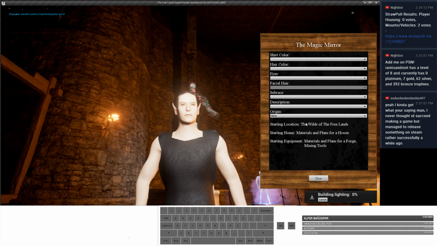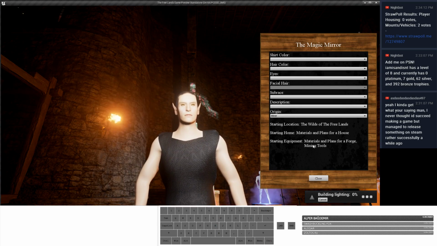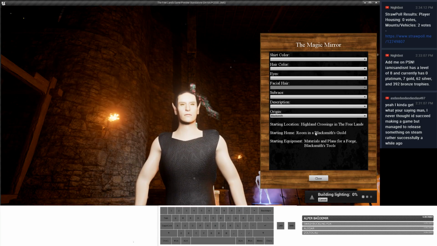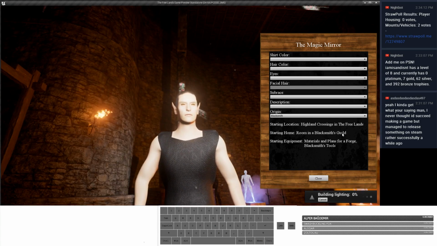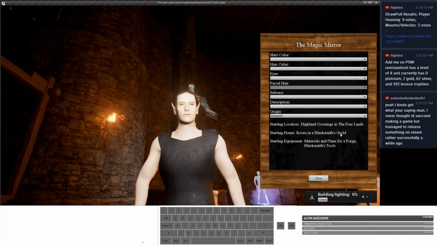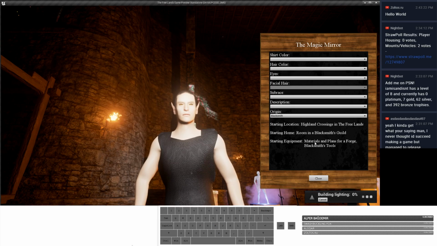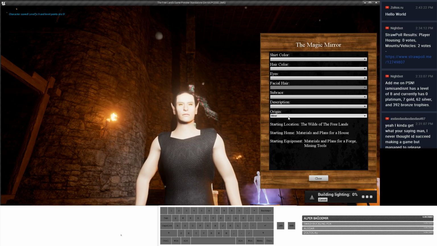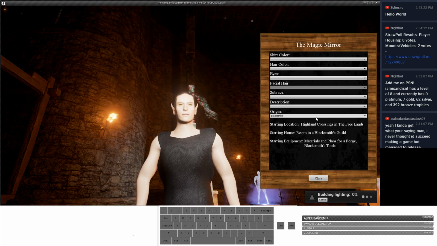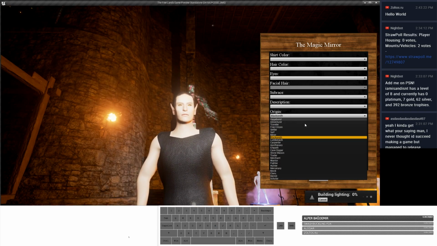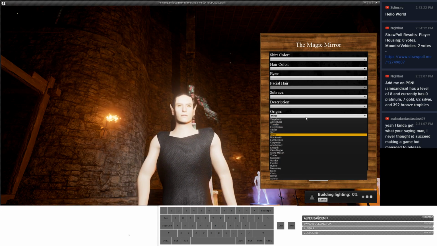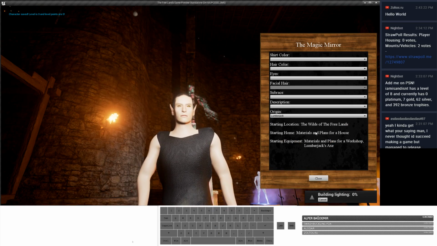Miner starts in the wilds with a house, forge, and mining tools. Blacksmith starts in town with a room in the blacksmith's guild. I'm using guild in the historical sense here, not a player guild, but as a building with an NPC and stuff like that, with materials for a forge and blacksmith-style tools. So you can mine in the wilds or blacksmith in town, and these are just starting points. As soon as you have enough money to buy a house, you can go out and plop your house in the wilds. Similarly, as soon as you have enough money to join the guild, you can go rent a room at the guild. So these are just how you start playing.